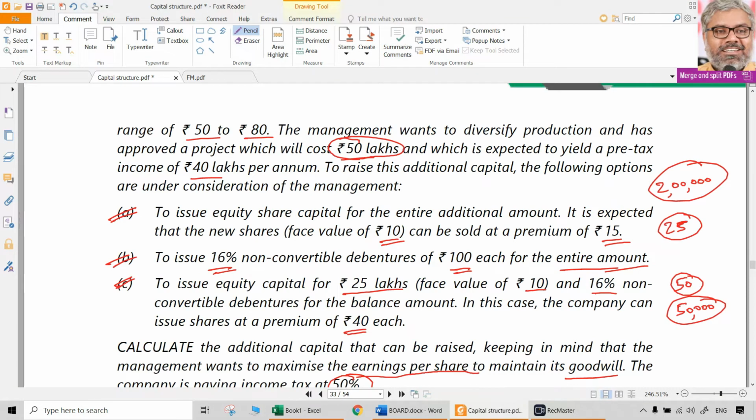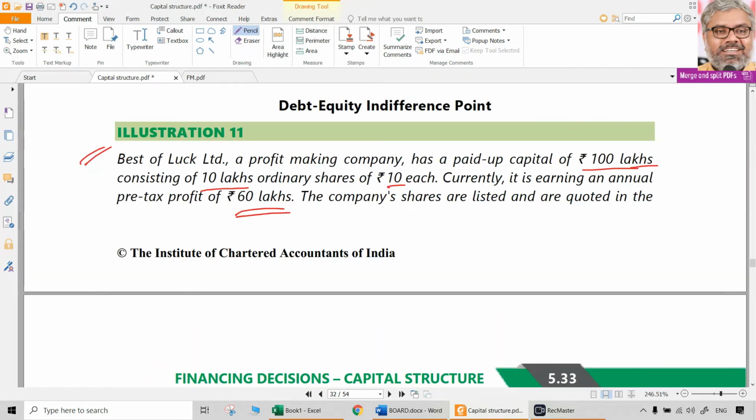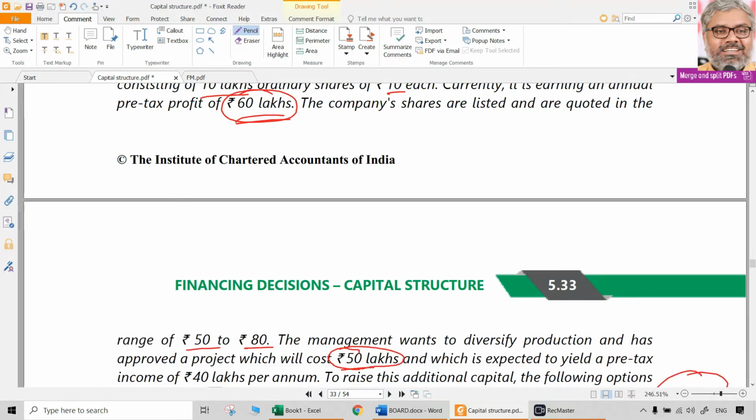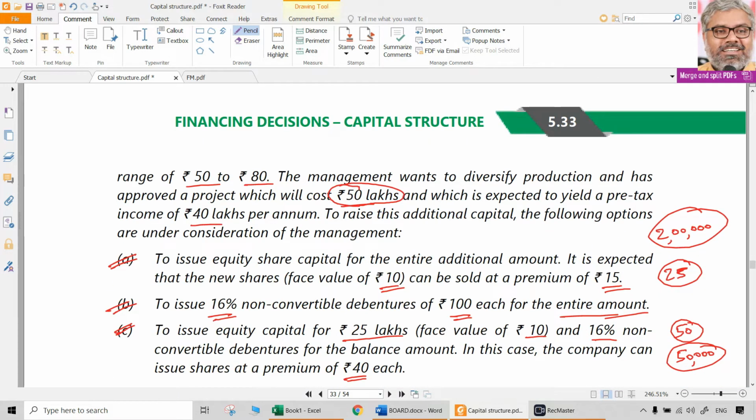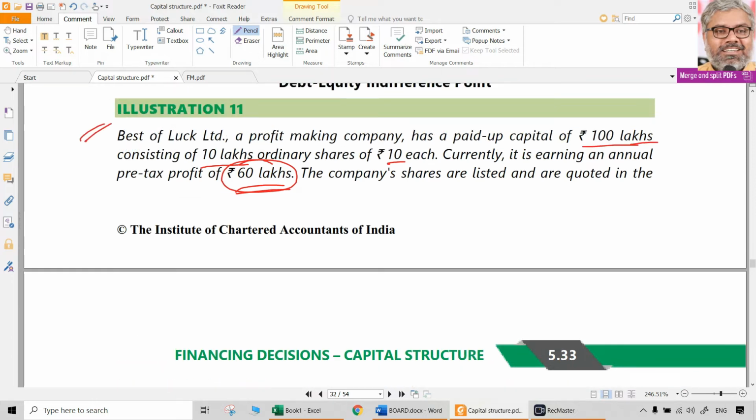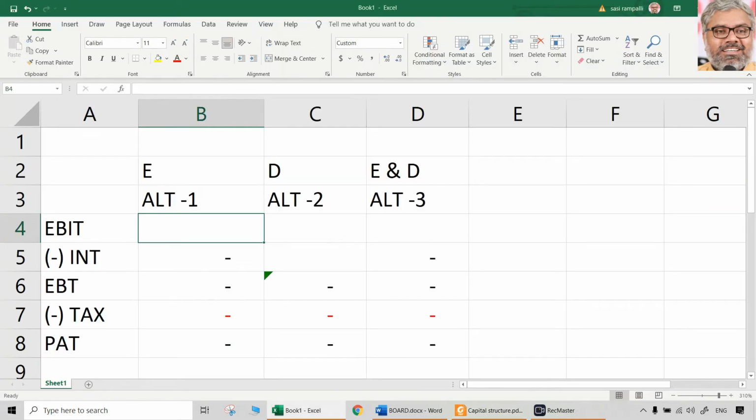Now, what is going to be the pre-tax income in each of these alternatives? That we have to observe in the question carefully. So currently it has an annual pre-tax profit of 60 lakhs. That is 60 lakhs already there. Plus, in addition to this, if the new project is introduced, then 40 lakhs pre-tax income can be generated. So the EBIT, if the new project is implemented, will be 40 lakhs extra. So 60 already there plus 40. That means 100 lakhs